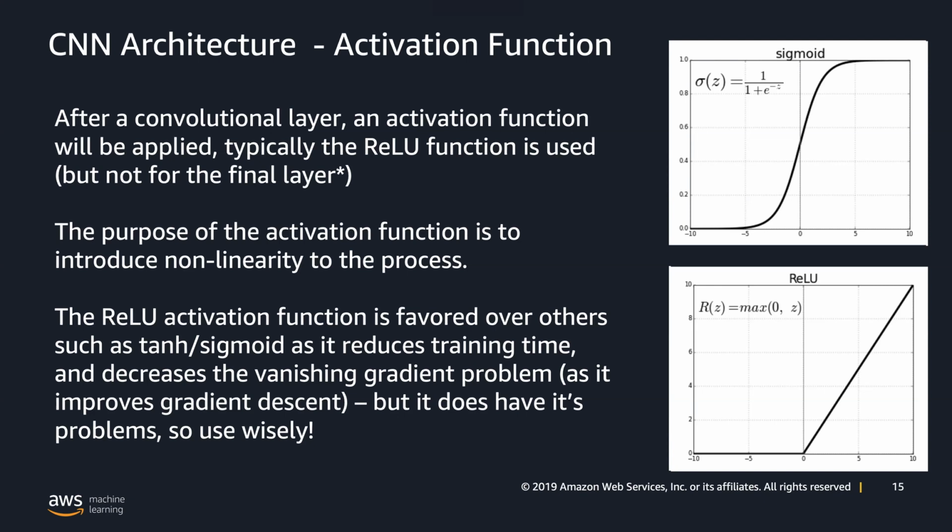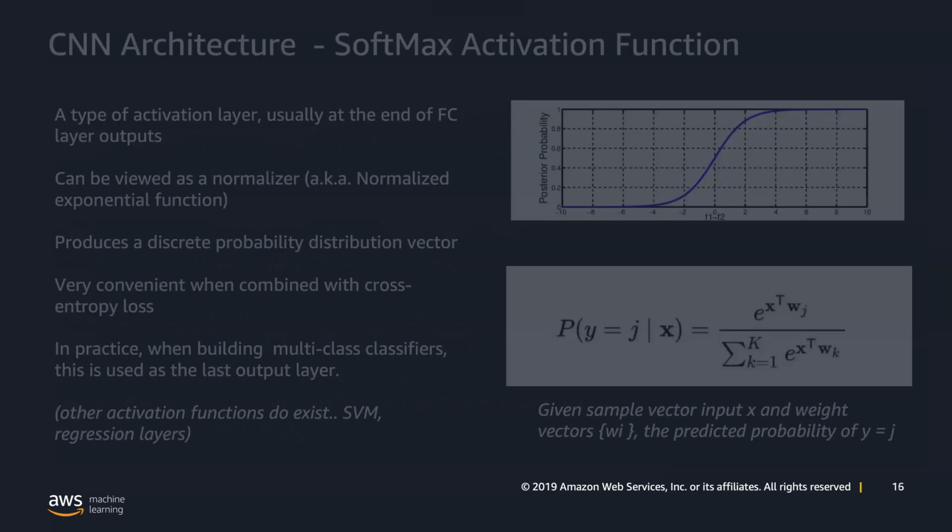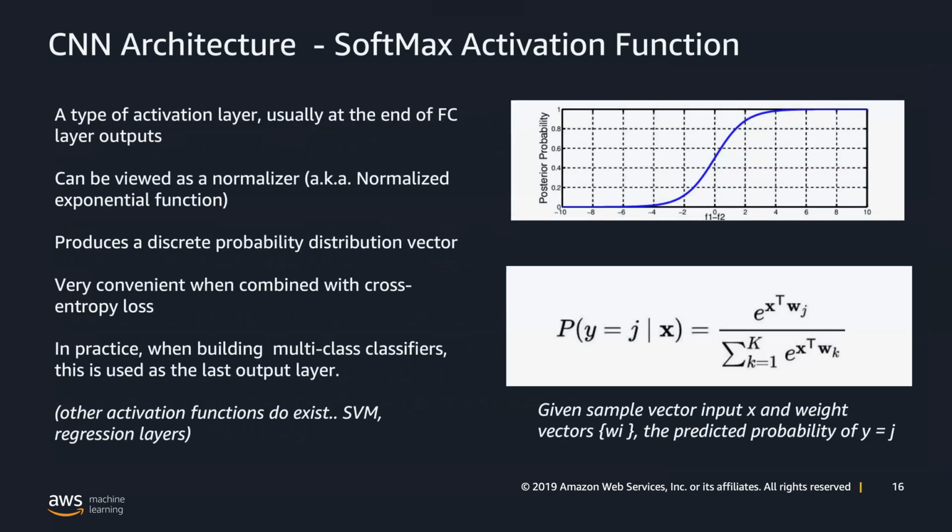So that being said, one of the really useful activation functions beyond these two, the ReLU and the sigmoid, just to note before I move over, there's actually a whole bunch out there. Please go and check the different types of activation functions, because you'll see they have different impacts for computer vision models, specifically for object detection. But one of the most important ones that we'll see used time and time again is the SoftMax activation function,